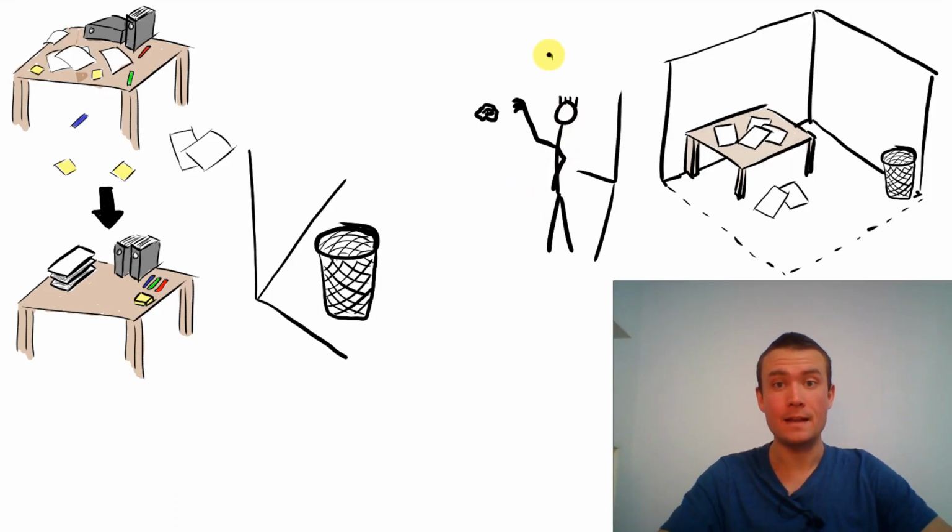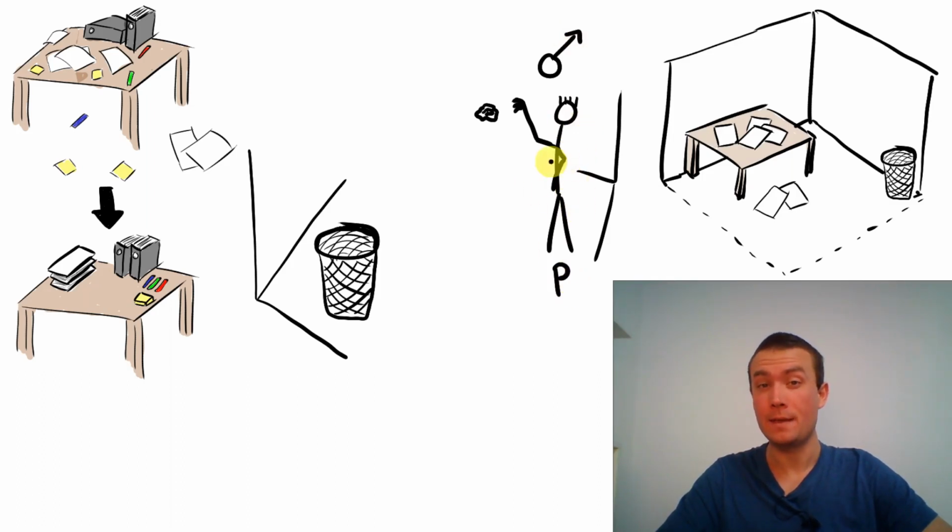This man is Philip. His name is Philip. What is Philip doing? What's he doing? He's throwing